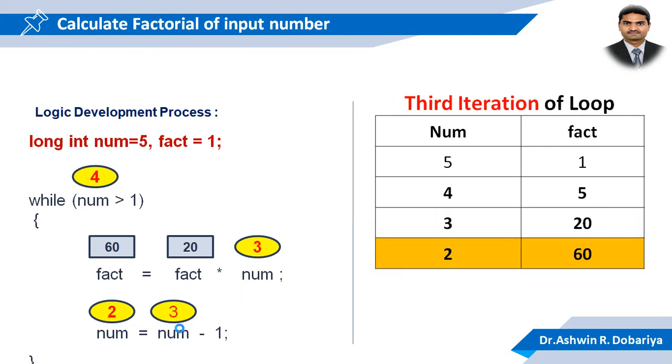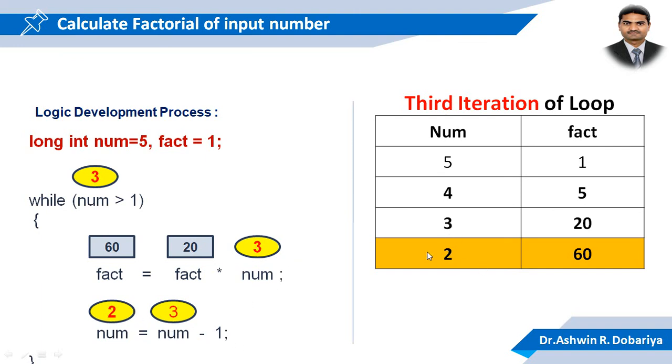Let's see what happens when the loop executes the third time. Now num 3 is greater than 1, again the condition becomes true. Now the latest value of fact is 20, so 20 multiplied by num, which is 3, becomes 60. 60 is again stored in fact. So the latest value of fact is 60, and now num minus 1, meaning 3 minus 1,